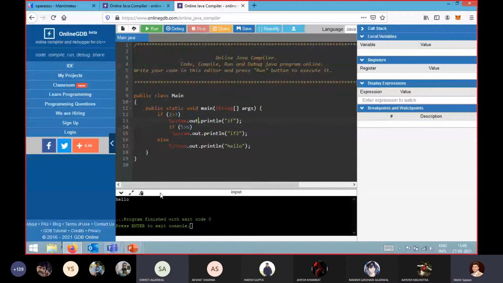Yeah, this is not a nested if. If we put curly brackets, then it will work in that scenario, because right now everything is inside this. So if we are not satisfying the first case, it will not go inside the body of this program. Got it? Sir, if we put brackets and keep only the else outside the bracket, then will the else come with the first if and not with the closest one?